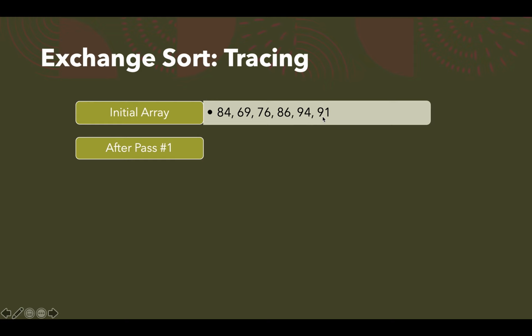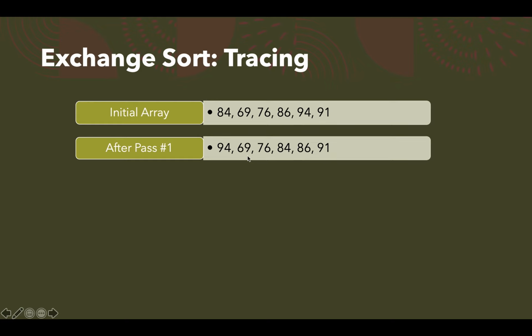So after the first pass the output will be 94, 69, 76, 84, 86, 91. So after the end of the first pass we have swapped 3 elements. Okay, you can see the difference. 84 has changed the position, 86 has changed the position, and 94 has changed the position. Okay, so after the first iteration you have fixed the position of 94.